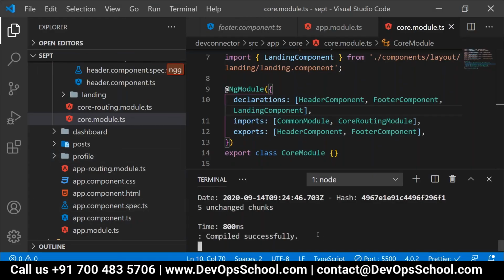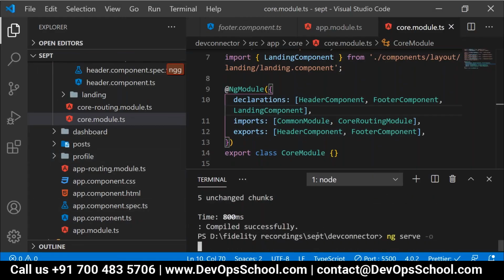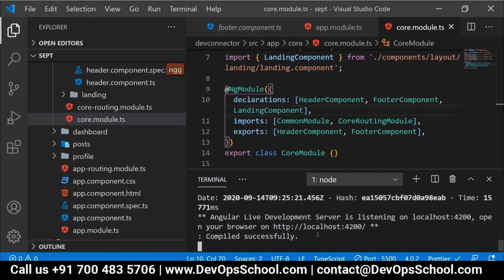There is an issue with this. Every time I need to restart the application, I need to clear the cache. It is happening because of the cache issue. So to sort out this problem, I need to clear the caches, my browser cache, everything. Only then can this thing be resolved.